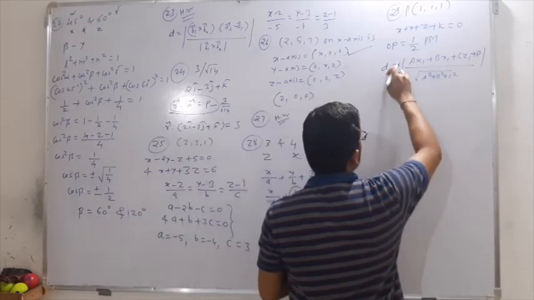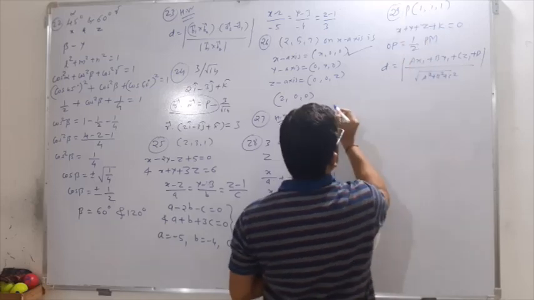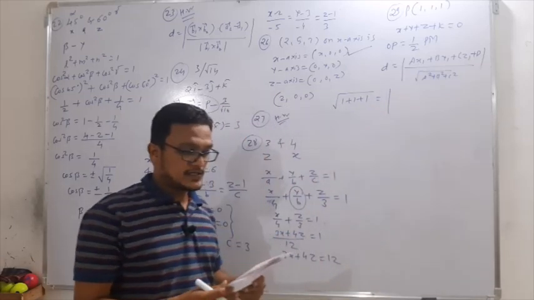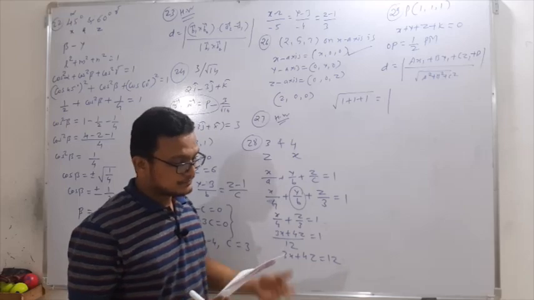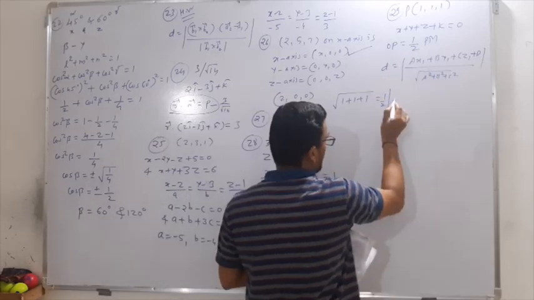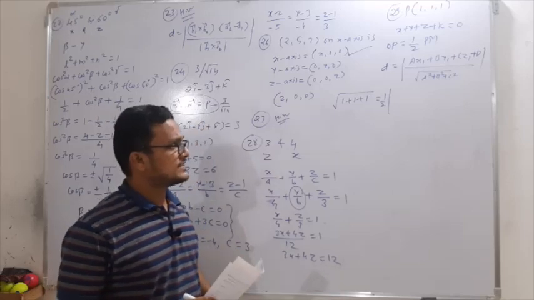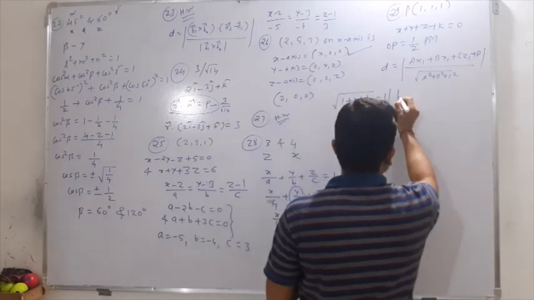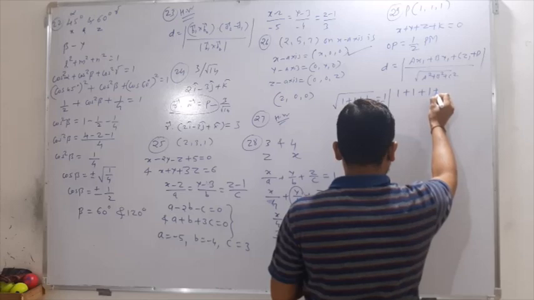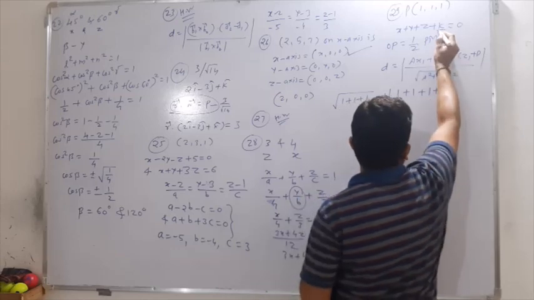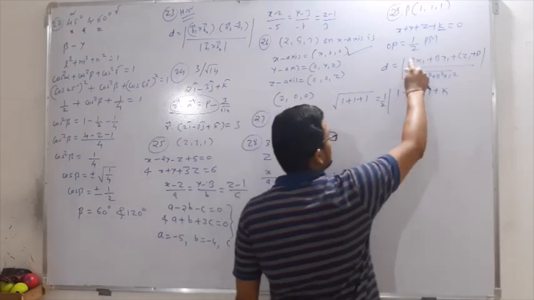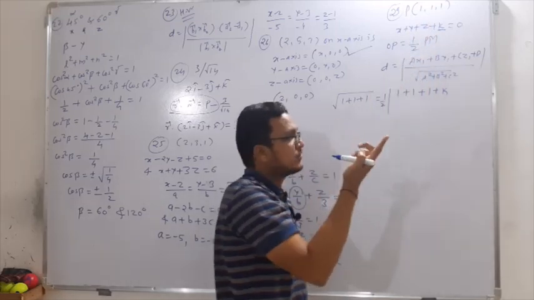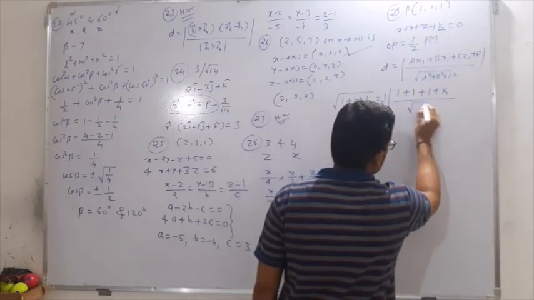So this distance is what? This OP is what? This point. So it is root of 1 plus 1 plus 1, which is equal to the magnitude. Now here see, this half is multiplying half into ax1 plus by1 plus cz1 and plus d. So it will be what then? We have 1 plus 1 plus 1 plus k. See here, this a is 1, b is 1, c is 1 and x1, y1, z1 is what? 1, 1, 1. So 1 into 1 is 1 only, right? So I have written 1 plus 1 plus 1 divided by...